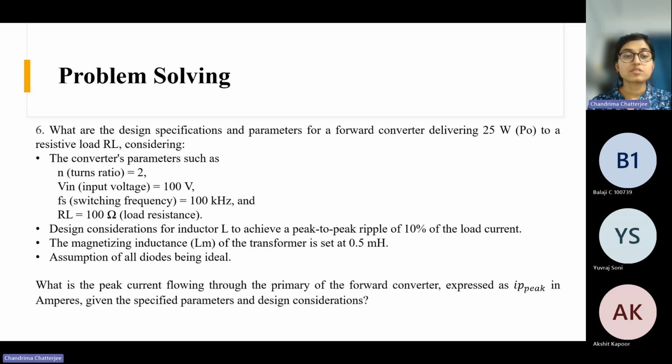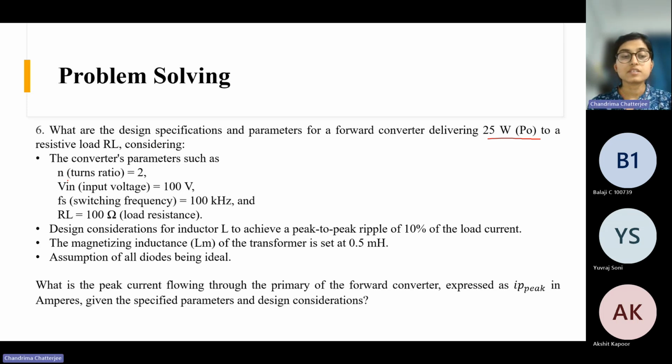So this is a big problem. The question is big. What are the design specifications and parameters for a forward converter delivering 25 watt output power to a resistive load RL, considering